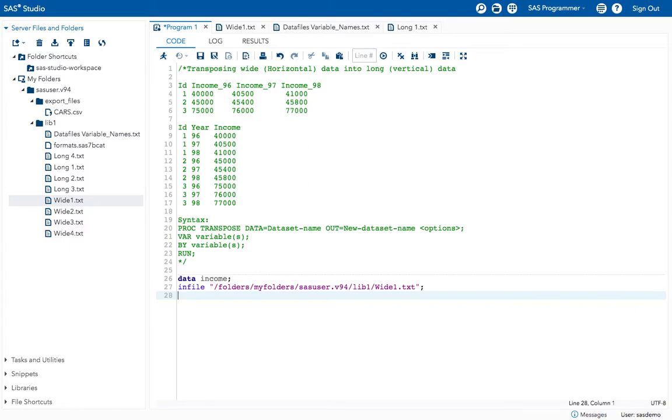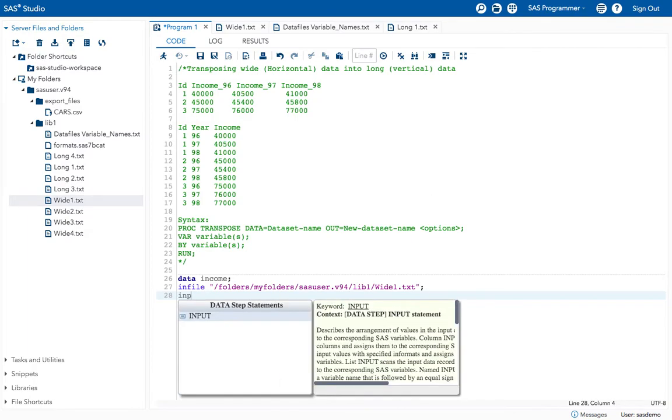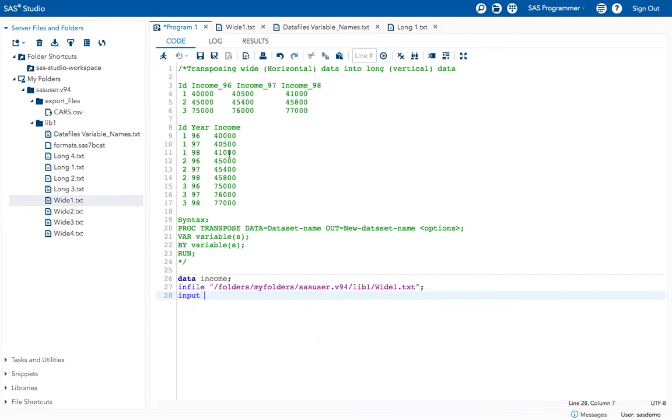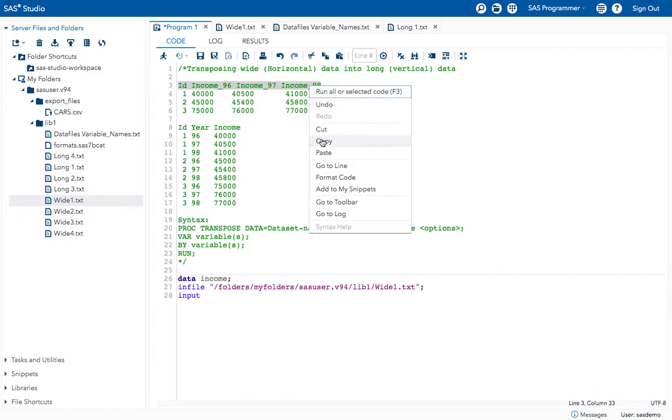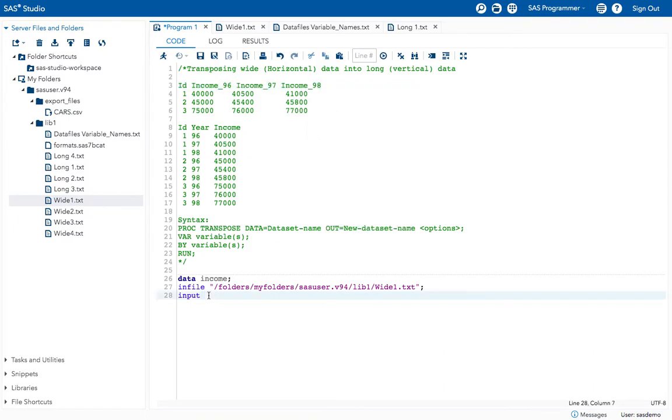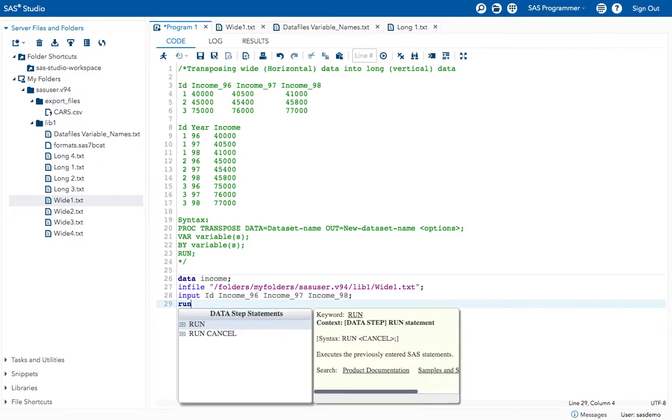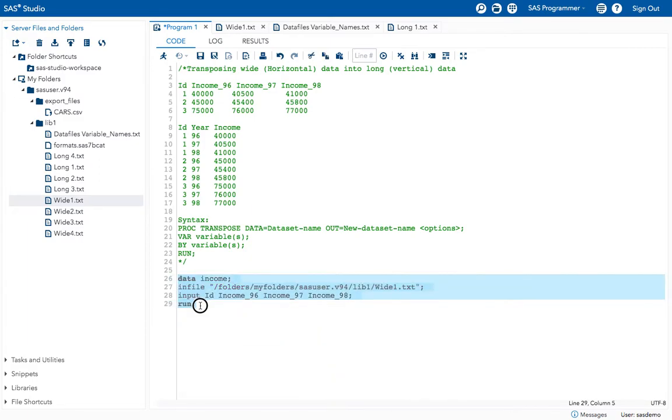Okay, and now what we will do, input, give the variable names. I will take the same variable names here. Now execute the program and create this data set.